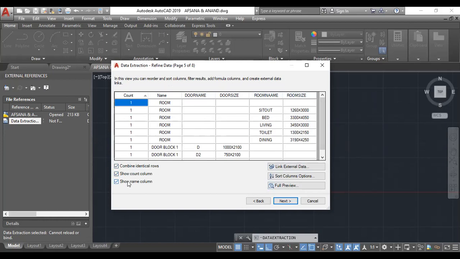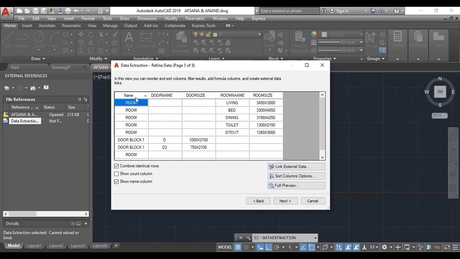If I need to combine identical columns, I can go with that. Or if I need to show only the count, I can show the count column. Here I'm unchecking the count. I don't need this count column, so I'm unchecking show count column. So now I'm only getting the name, door size, room name, and room size. Okay, I'm okay with this. Then I'm selecting next.